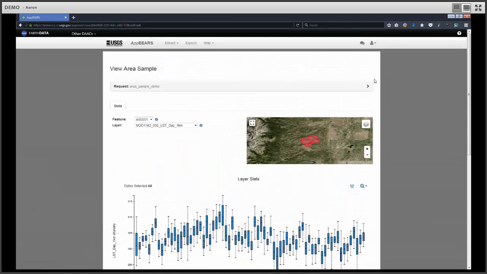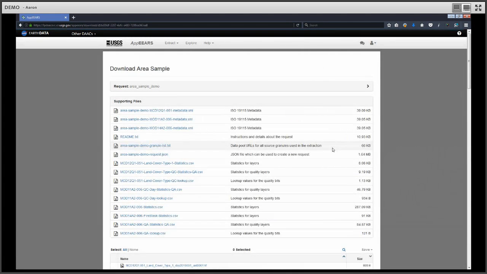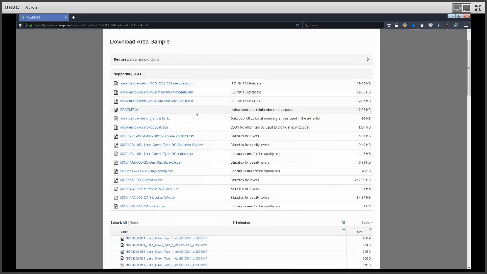So let's go into the download screen for this. Rather than a bundle, you get a download screen where you can download individual files. We provide the ISO 19119 metadata for the individual products. The README contains all the information about AppEARS and what it includes. We have the granule list, which has the entire list of URLs to the data